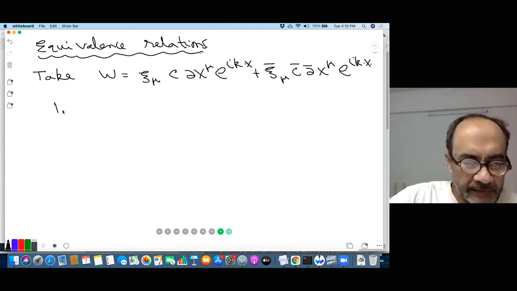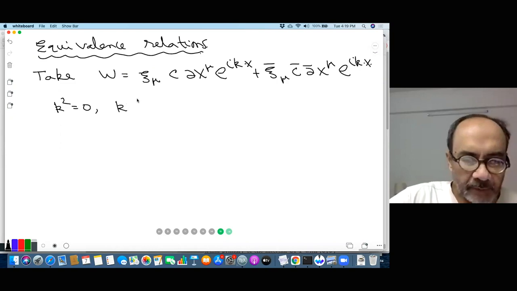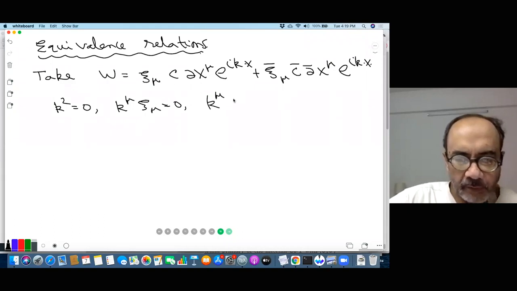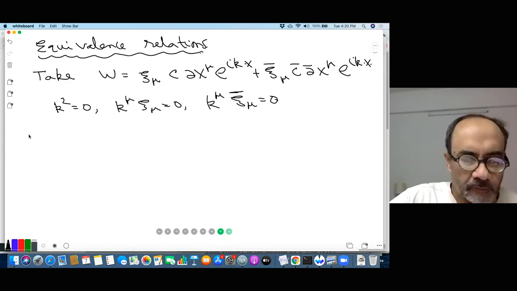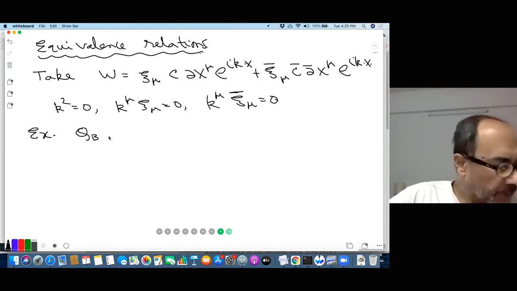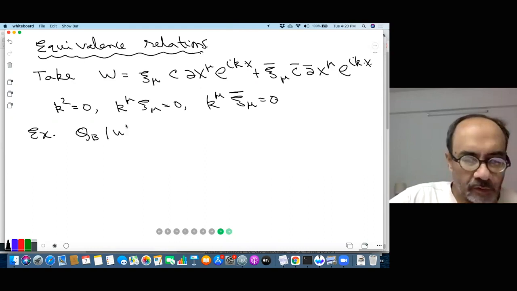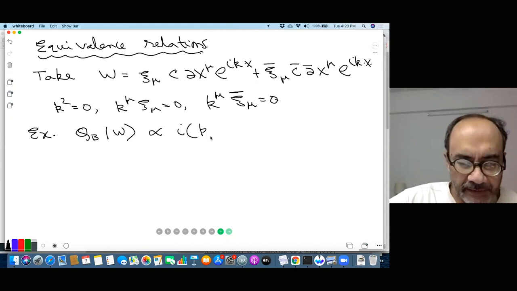Okay, and we take k square equal to 0 as before, and then we also impose k nu equal to 0 and k mu. Otherwise these are just constant vectors. Now, again, I'll leave it as an exercise. It's just some algebra to show that QB on W is proportional to I times K nu